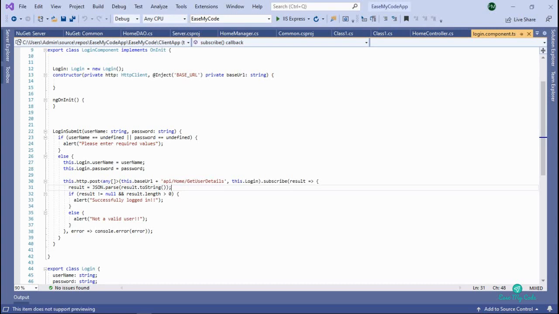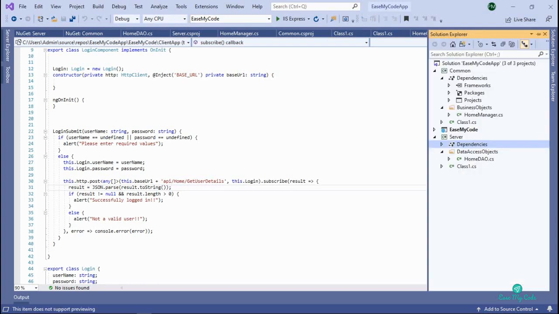So let me show you how it is done. First things first, I will be connecting our core API to our database. So we need to have the connection string of our database. In our ASP.NET web applications, we add the connection strings in our web.config file.